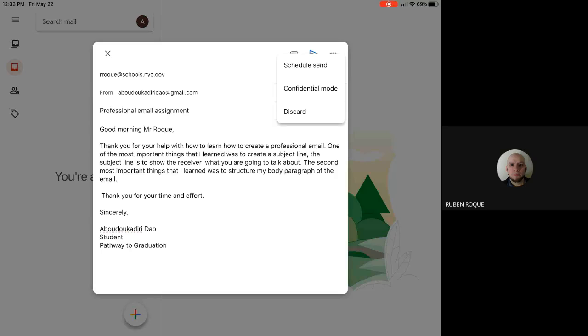Or if it's about a private family matter to a teacher that you want to send, you could put confidential mode, right? But that's more for private stuff. And then obviously discard means to delete it, so you don't want to tap that. All right, so then you're good. And you could just send.